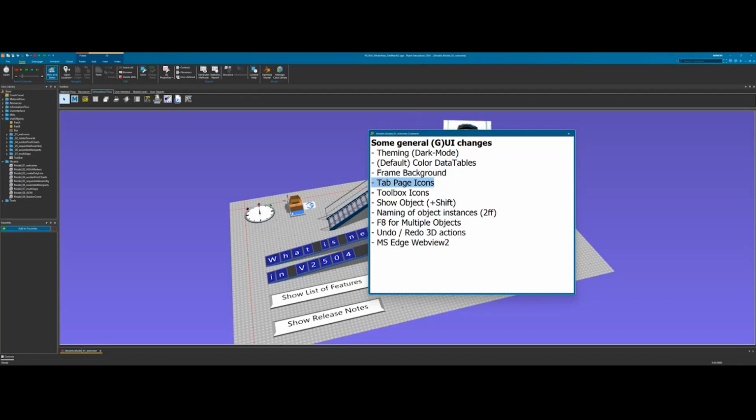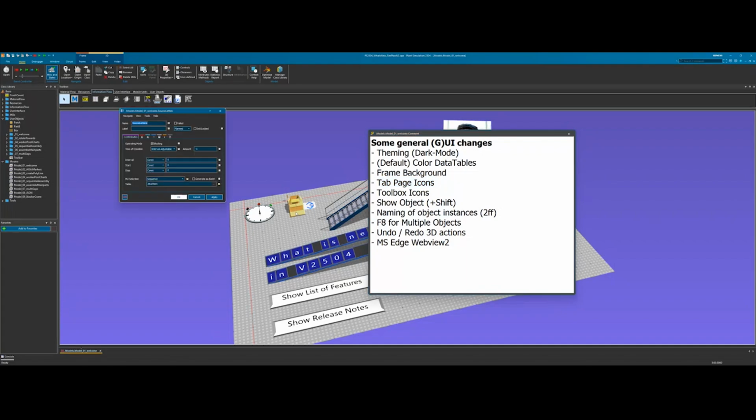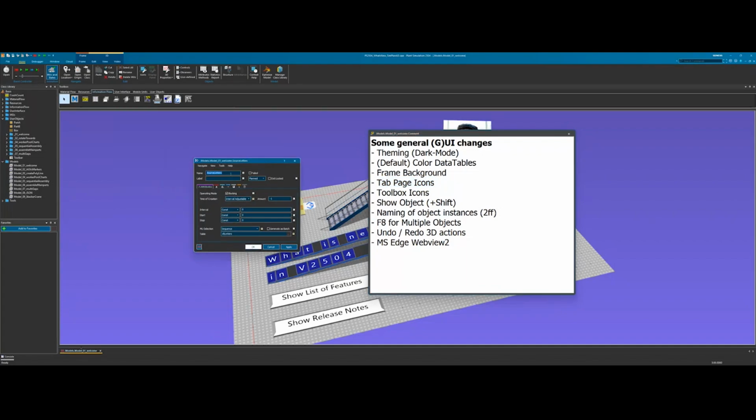Another nice small addition is that you now have the option to use icons in the object dialogues. So when I open this source object here, you can see I have activated this feature. It's also available in the preferences. And then you see that the different tabs are simply showing a small icon, a small symbol. And only the tab that you activate will then also show the name that you are used to from the previous versions, like here, controls and failures and so on.